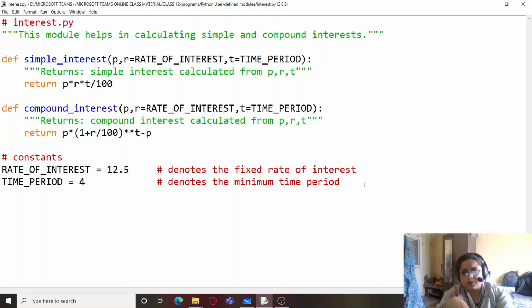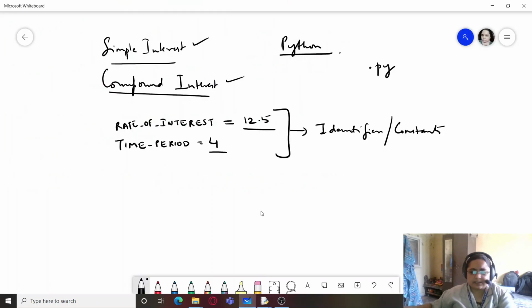So if you have already created a program which you feel that you would be needing somewhere else, you can convert this into the form of a module, and you can use it. Now this thing won't be executing on its own, because it would be executing only when we make it into a module and we import it in our program. That we would be discussing slowly in our next class. In the meantime, I will just tell you how this would be imported in your program.